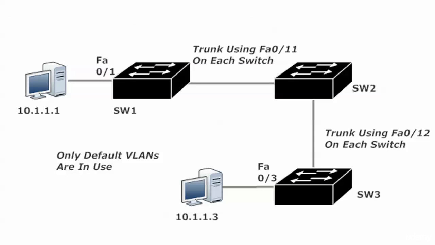Our first 3-switch lab. You can see we've got a host 10.1.1.1 connected to switch 1, and I'm using a Cisco router for our host here, by the way. You'll notice that when we send the pings. But here it's representing a host, and I've also got one running at 10.1.1.3 connected to switch 3. And we've got a couple of trunks involved here as well. So we've got a trunk up and running between switches 1 and 2 and 2 and 3. I did verify those before we got started, but we can do a show interface trunk here in a minute